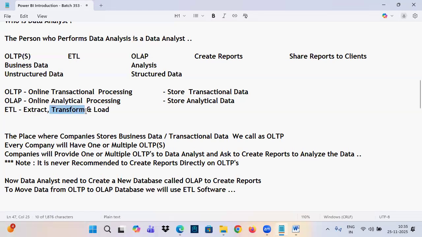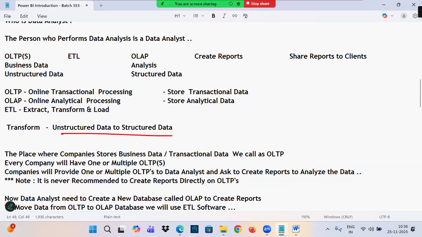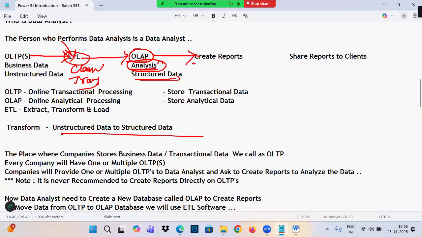right? So what will the transform do? The major work in the ETL is transform. That will convert unstructured data to what? Structured data. So that is what transform does. So these tools will clean the data. It will take the data from OLTPs. ETL tools will clean or transform the data, and that data will be stored in one database, OLAP. And that OLAP will have data required for analysis in the structured format, which is suitable for creating the